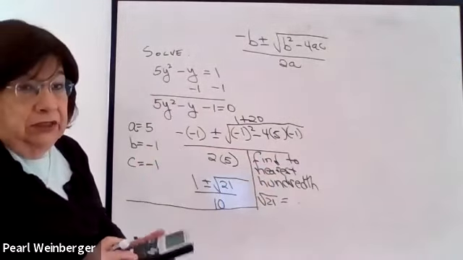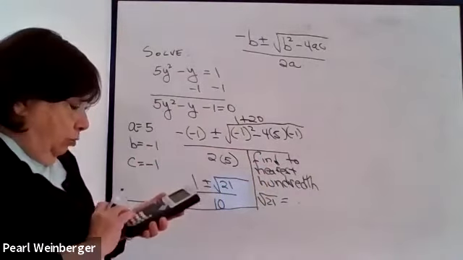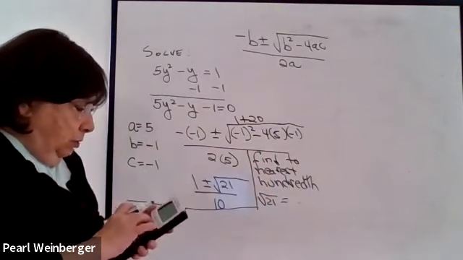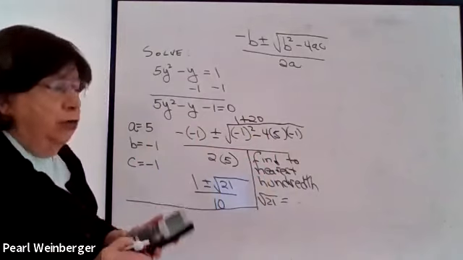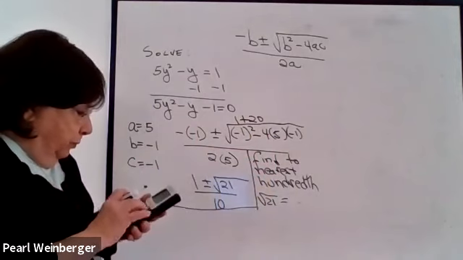I'll go to the nearest thousandths. I'll go to 3 places. So I'm going to the square root. Again, if you don't know where to do